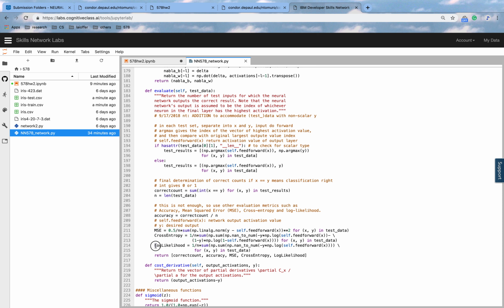The log likelihood is kind of similar to cross entropy, but it is just for the values when the desired output is 1. That's when I use the y times this negative log here, because if it is 1, then it gives a value. If it is 0, it goes to 0. And then we can return all those loss functions